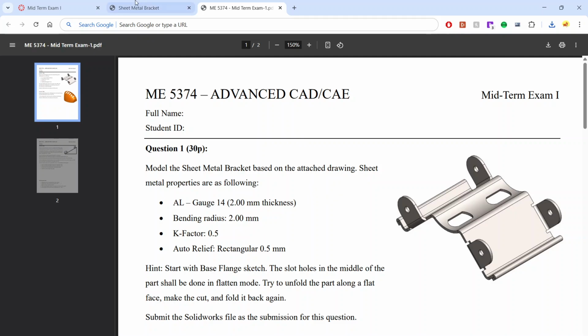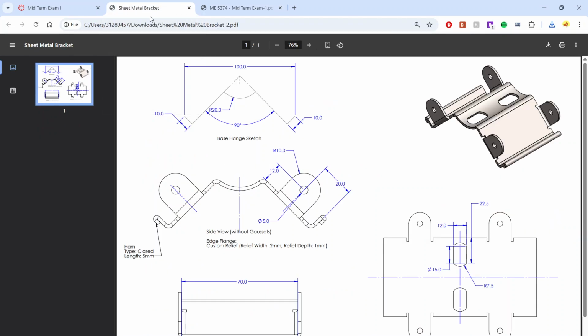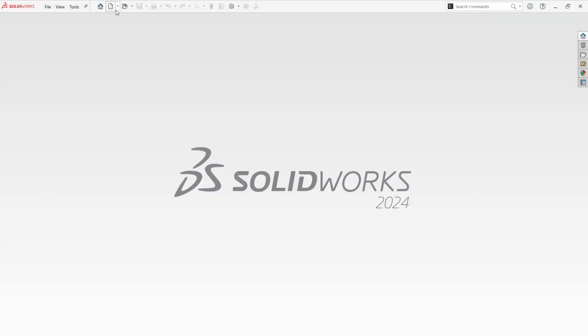So the design that is given for this metal bracket is as following. Essentially it says let's start with the base flange that is given here. So it's better that we create this sketch and follow along the process. As you see, this sketch is symmetric along the vertical axis here, so we can create right around this one. So let's start a new part,